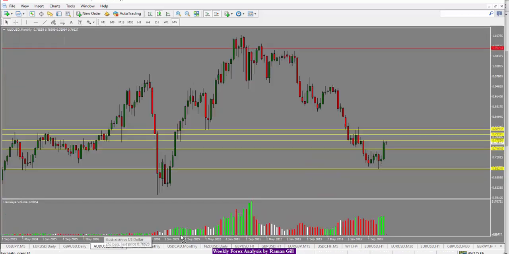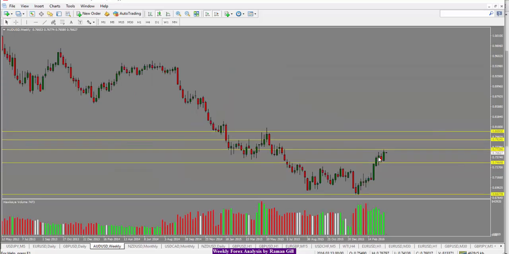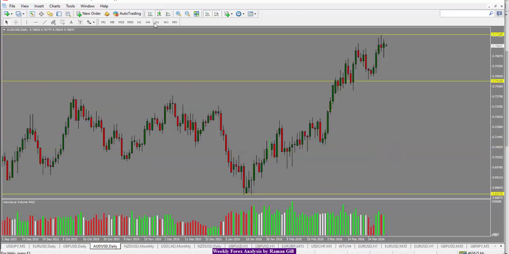Let's take a look at the Australian dollar monthly chart. Again, very, very bullish in this case, and the weekly close here as well, very, very bullish, which would point to a further bullish move to the upside. We do have a lot of data coming out for the Australian dollar, especially the interest rate. So if there are any dovish comments around the interest rate, they're not expected to cut the interest rate this time. However, if there are any kind of dovish comments, we may see a deeper pullback in the Australian dollar,